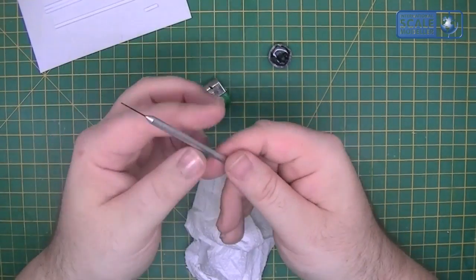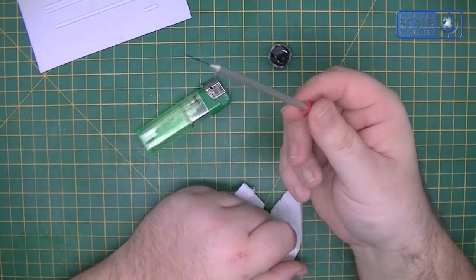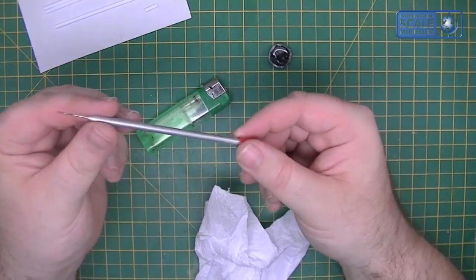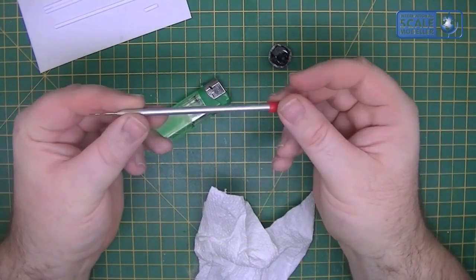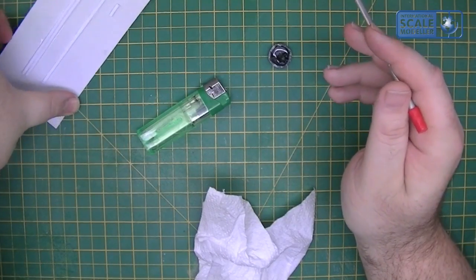So you can keep that in tip-top condition. It's not going to fall to bits. The only thing you'll do with this is snap it if you're a bit heavy-handed, so you're not going to waste money like I did on the Mr. Hobby one. And it's a cracking bit of kit, and as you can see, you can perfectly applicate super glue